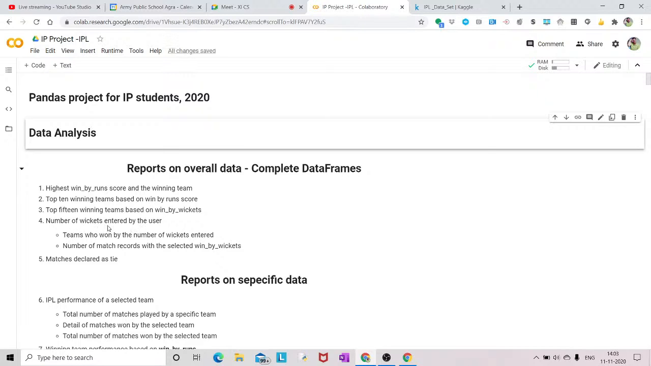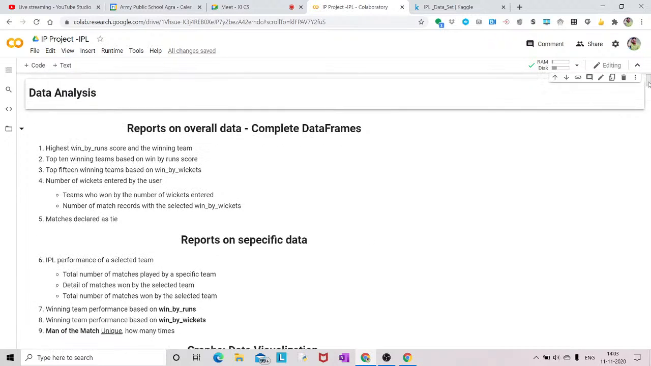And for number of wickets entered by the user, we'll have two reports: teams who won by the number of wickets entered, and number of match records with the selected win by wickets. So these are the reports under report number 4. And fifth report is number of matches which are declared as tie. So these are the reports, and in addition we have more reports based on the facts,